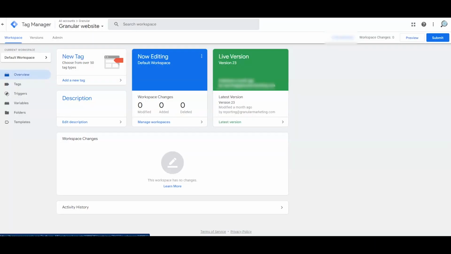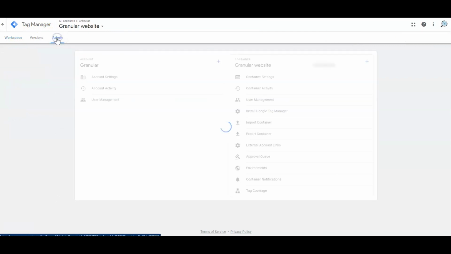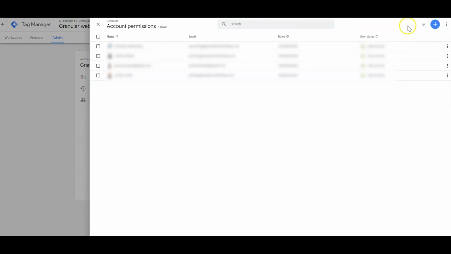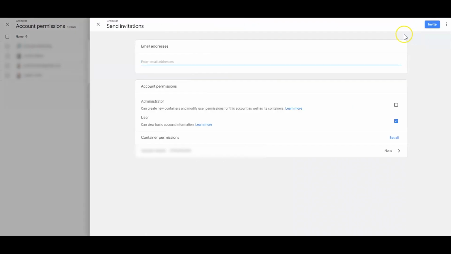Alright, here are the steps that you're going to take to give someone access to your Google Tag Manager account. First, you're going to log into your Google Tag Manager account, make sure you're in the correct workspace, and then you're going to go into the Admin tab up here on the top. Then you'll scroll down to User Management, and then hit the blue plus button on the top right, add user,